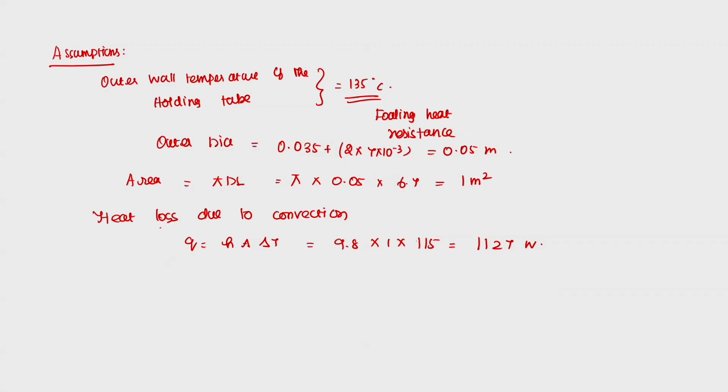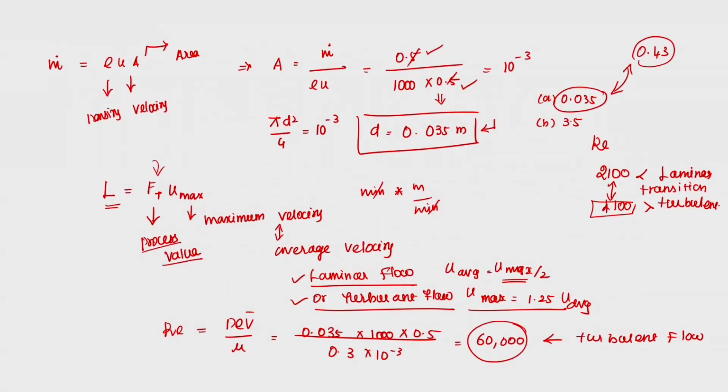So, this is the heat loss due to convection only, and we have assumed the radiation loss is negligible. It is also a very low temperature, 135, so the assumption is valid. Okay, so I have calculated the heat loss. From the heat loss I will be able to find out the del T required, the m Cp del T. The specific heat of the product is given,